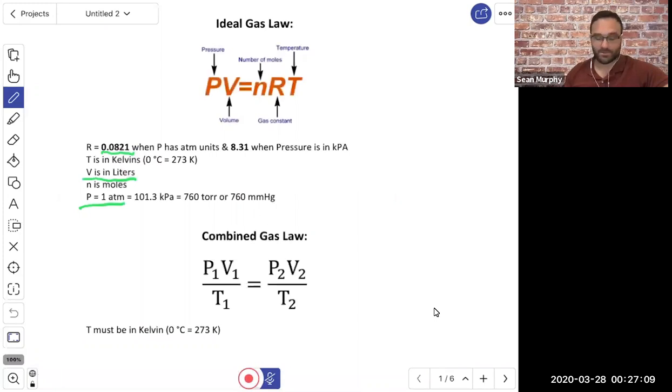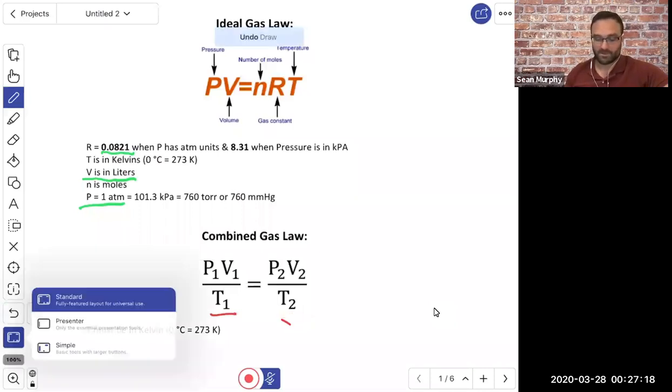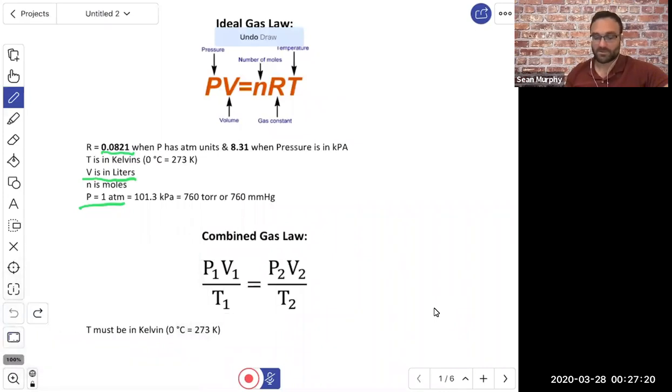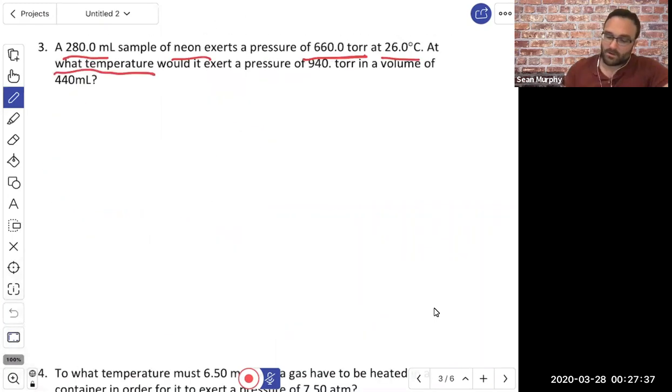Okay, they're giving us a temperature and we're asked to solve another temperature. We're definitely going to be using PV over T equals PV over T. And remember, it is not so specific as long as the units are the same for pressure and volume on both sides. Okay, so let's use our